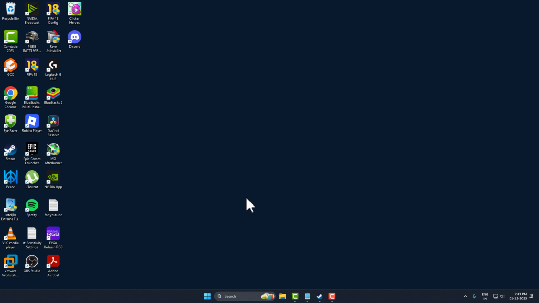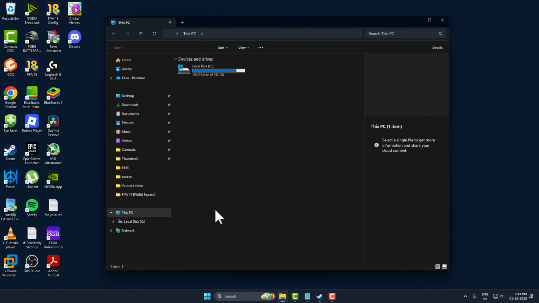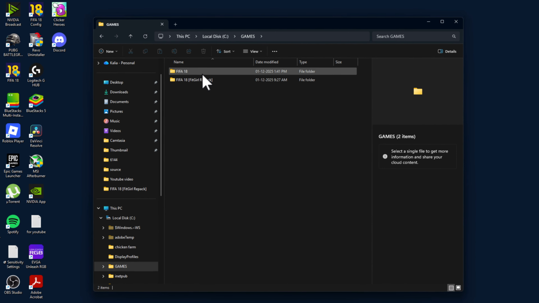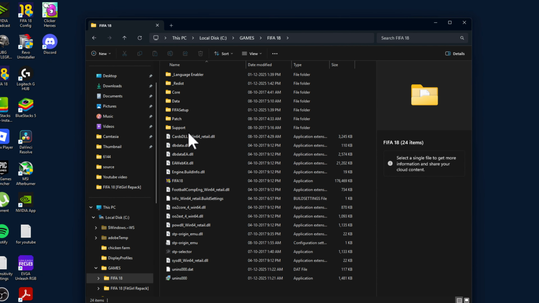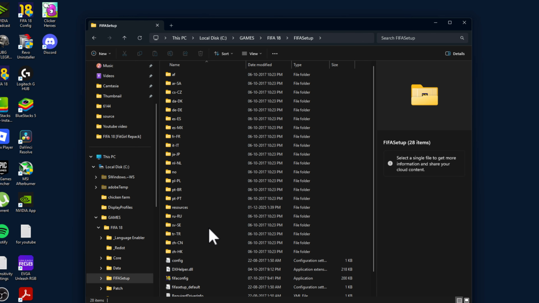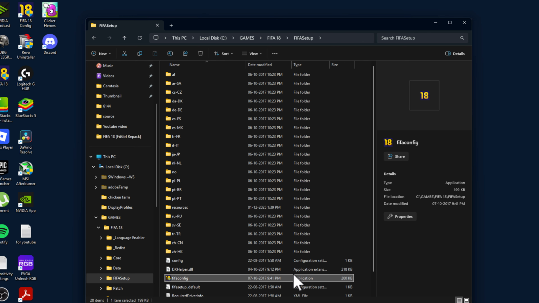Here is a simple guide to make FIFA 18 run smoother on any low-end PC using the best settings and config tweaks for more FPS. Just navigate to the game folder. After you are in the game folder, open the FIFA setup folder and double click on the FIFA config application